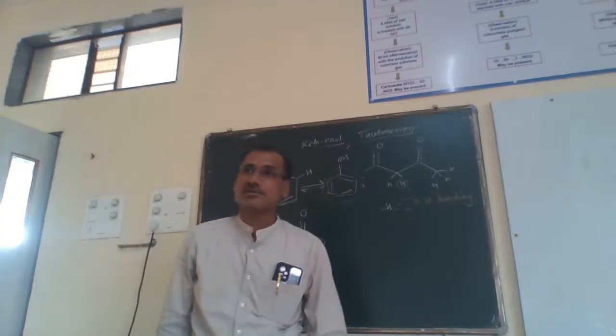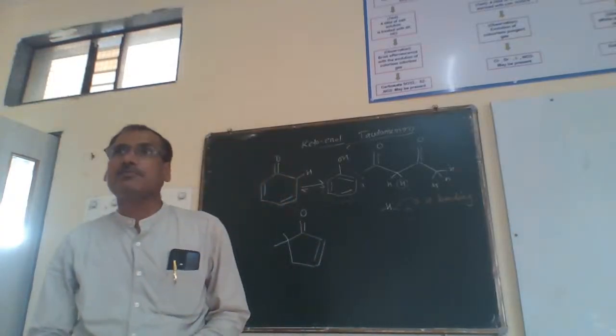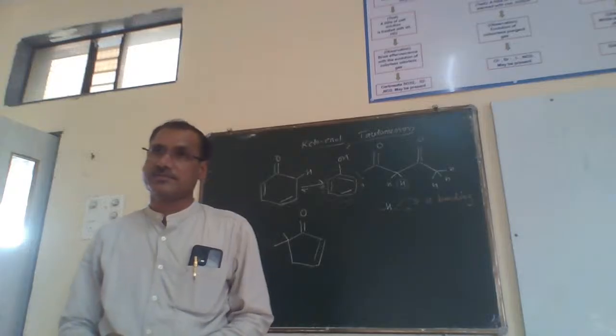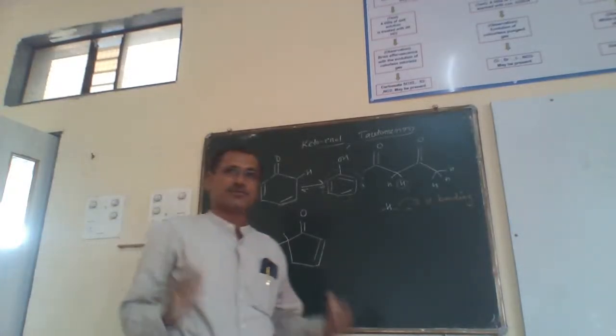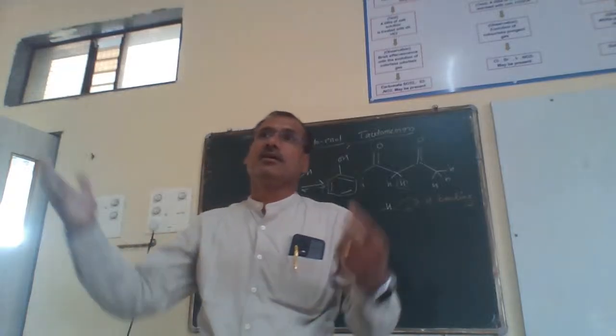The question was, is this molecule capable of showing keto-enol tautomerism? As a general rule, if you go to any textbook, the textbook will tell you that if you have beta